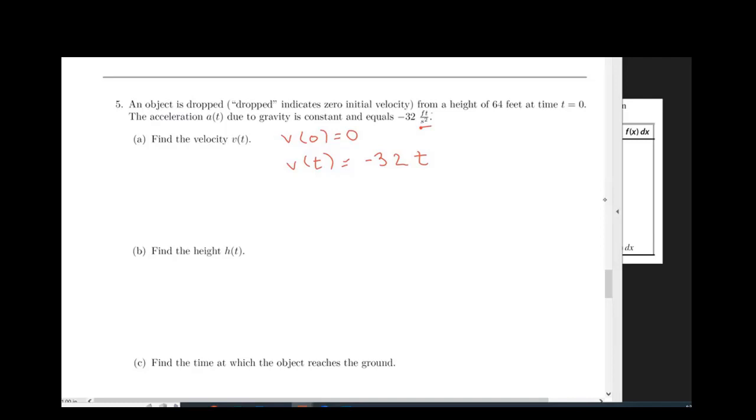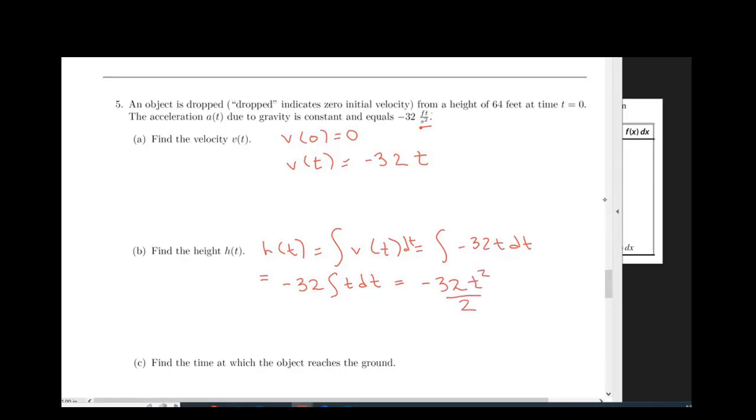To find the height, it's equal to the integral of v of t, which is equal to the integral of minus 32t dt, which is equal to negative 32 times the integral of t dt. And you can look on your little sheet, and it would be negative 32 times t squared over